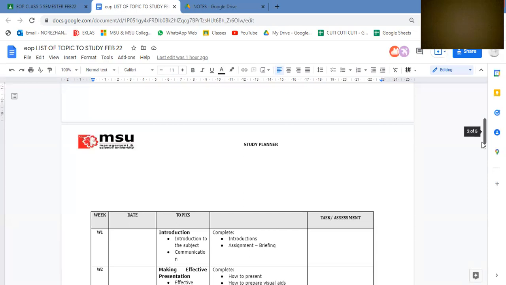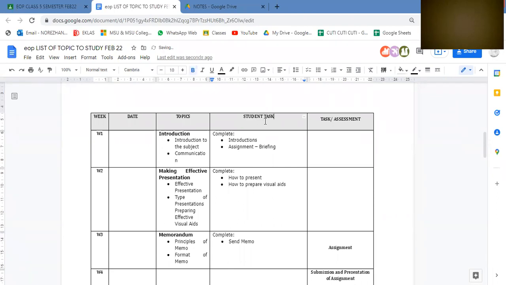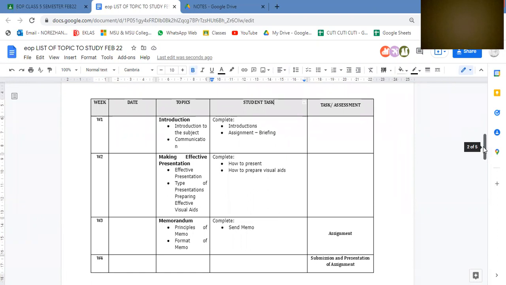Okay, so for this study planner, I already put together the week and also the student tasks, basically the topics. My expectation for the student task is what you could do: you can download this and set the dates according to the class time that we have and what we will do on a weekly basis. You can take down notes and information that you pick up from the session into this study planner, okay? So that you know on week number 1, we will have the topic of introduction,